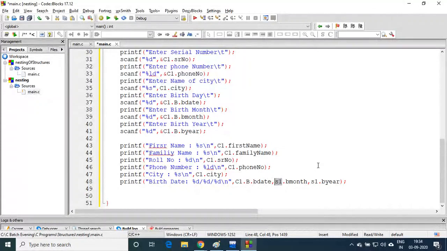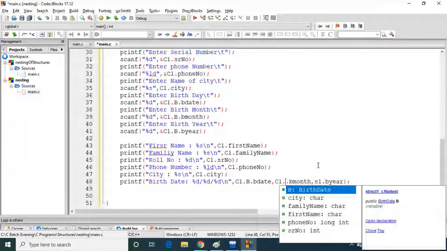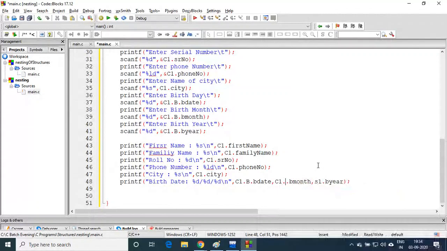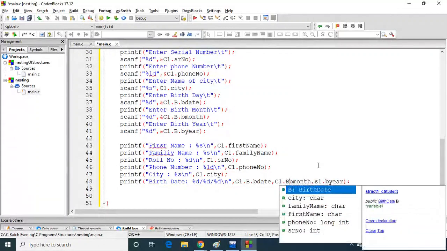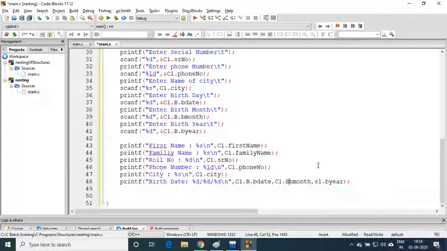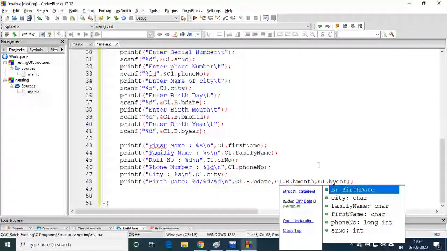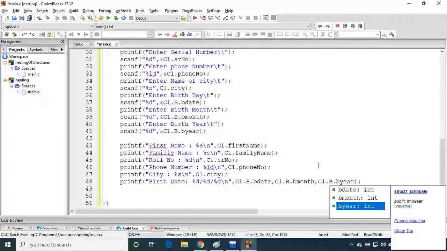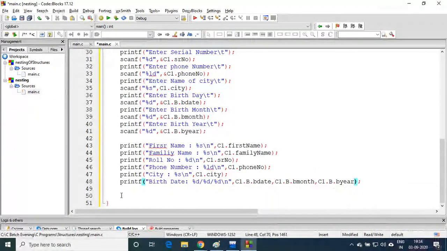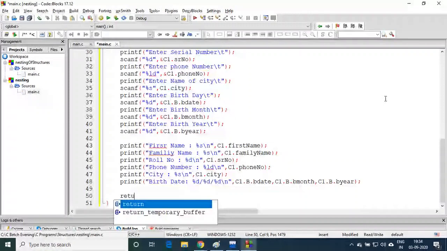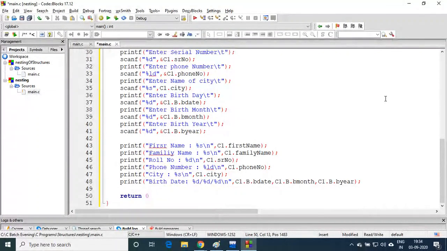Right? C1 dot b, sorry, dot b dot b month. Right? C1 dot b dot birth year. Right? Return 0. Right? I hope